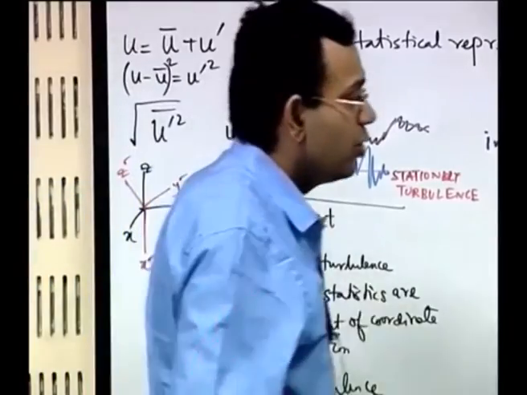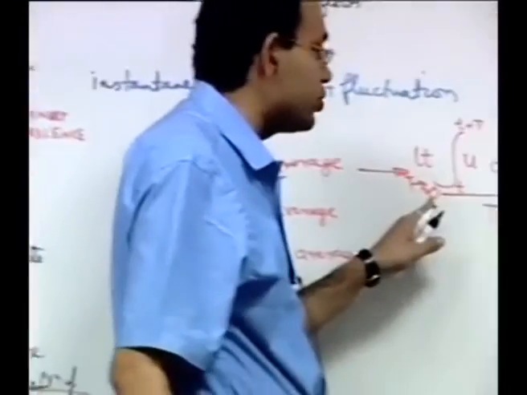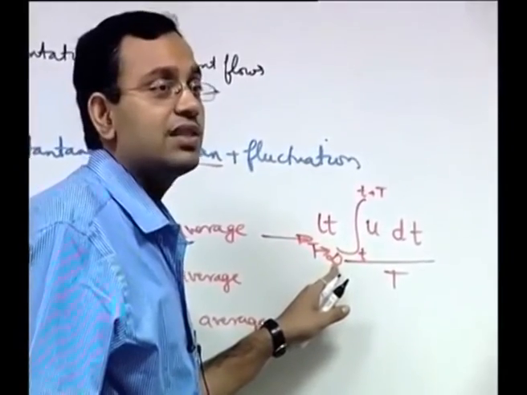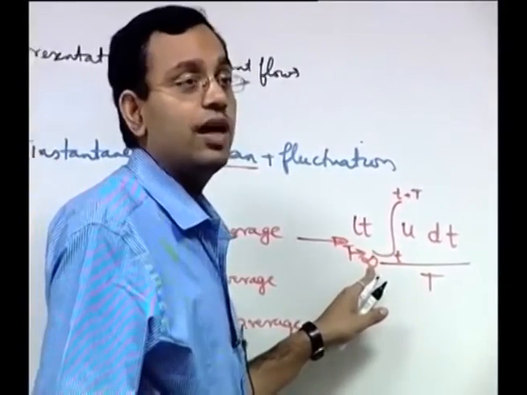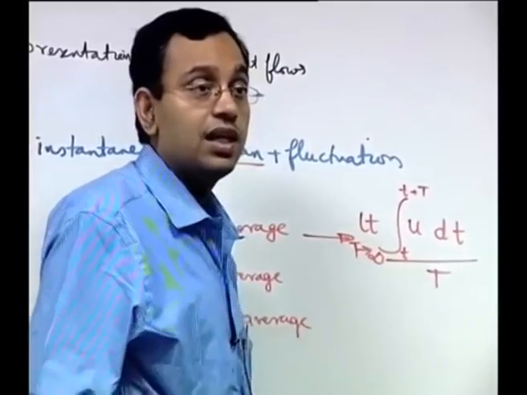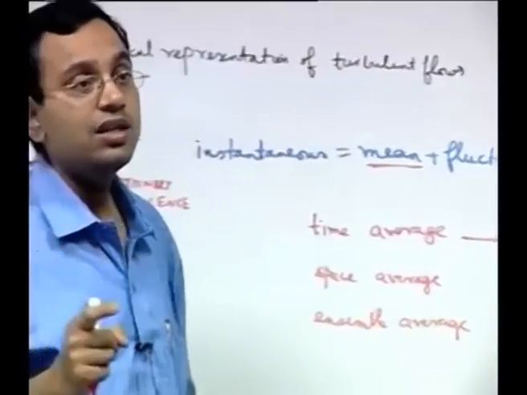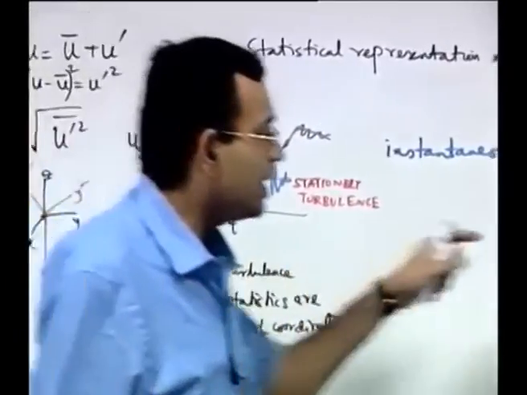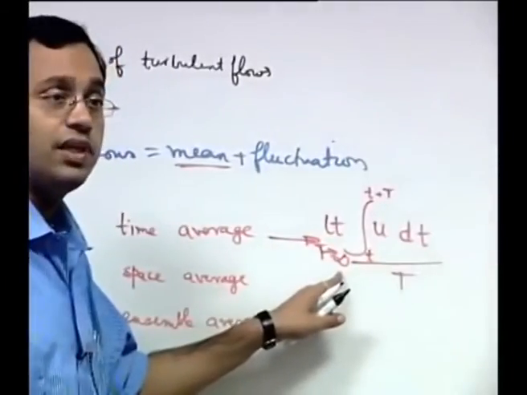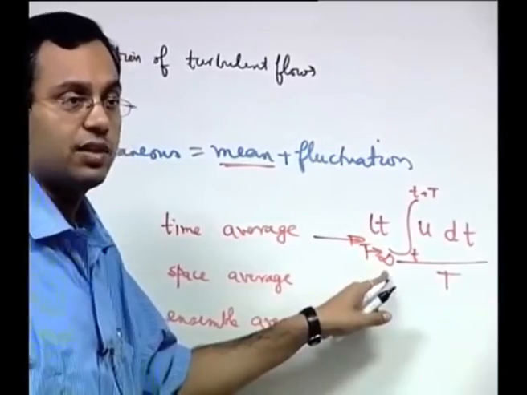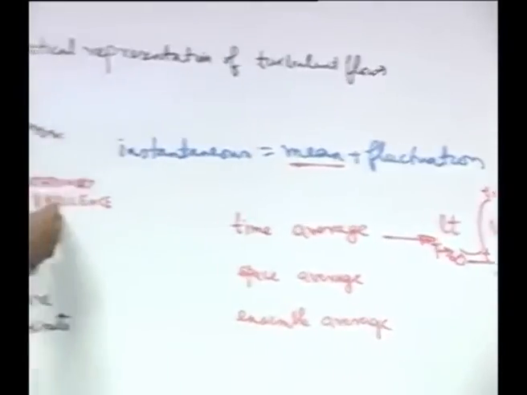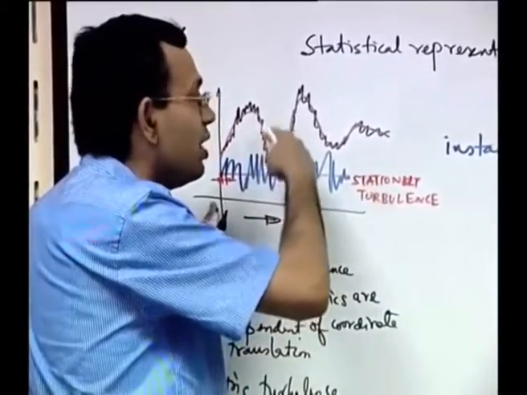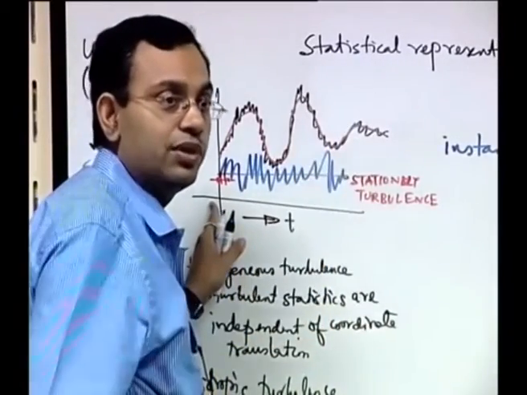So when we consider capital T tends to infinity, we mean a time scale that is much larger than the turbulent fluctuation time scale, but it must also be much smaller than the system time scale. Otherwise, if you literally interpret it as T tends to infinity without considering the physics, you take the total time from the starting time to the end time and average over that, and you lose all the transient information in between.